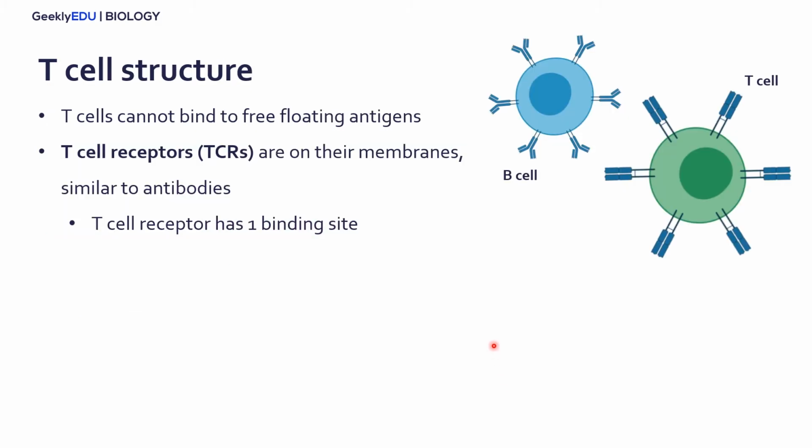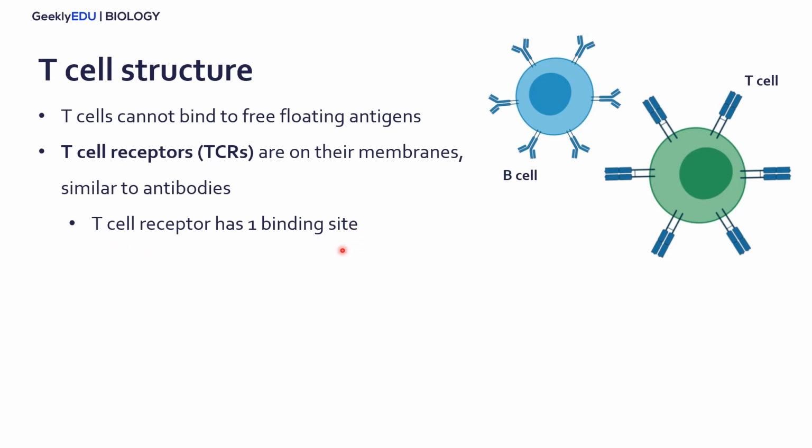T cells, unlike B cells, cannot bind directly to free-floating antigens, but rather have to be given an antigen by another cell. And so once another cell gives an antigen to the T cell, it will receive it with T cell receptors or TCRs. And so the TCRs are very similar to antibodies, except the T cell receptor has one